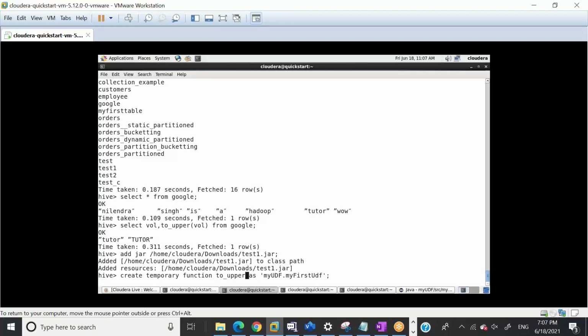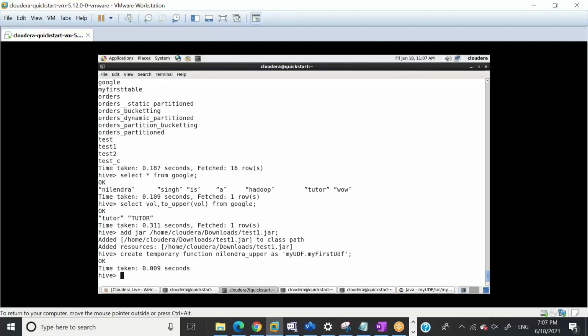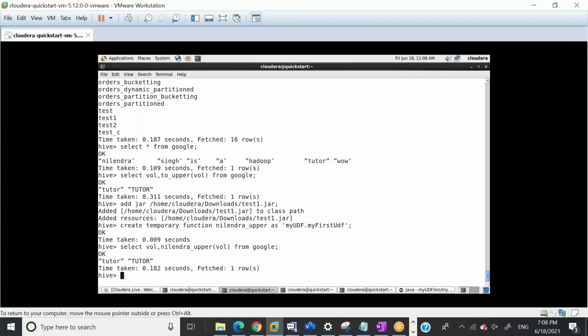For example, I can give this name as Nilendra underscore upper, right? We can give any name. Then we need to tell Hive that this temporary function will be pointing towards this package and this class, right? So let's run it again. Then let me say Nilendra underscore upper, and it worked. What the Nilendra underscore upper function did, which I created just as a separate function in Hive, is